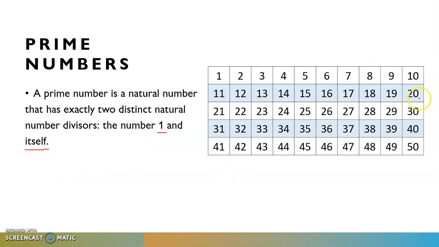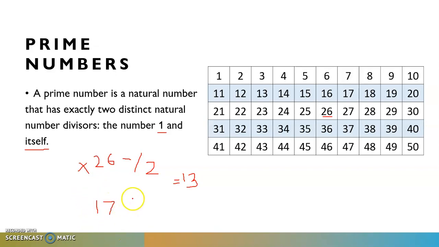So if I take any number from this table, let us take the example of 26. We will see whether 26 is a prime number or not. Just find the factors of 26, or in a simple way, you can divide 26 by 2. Here you are getting the answer 13, correct? That means this number is divisible by a number other than 1 and itself, so it is not a prime number, correct?